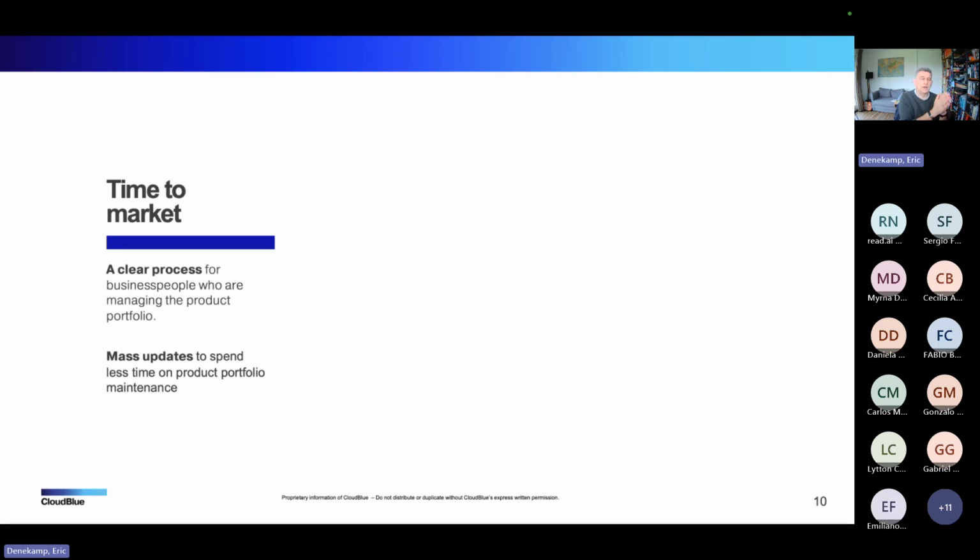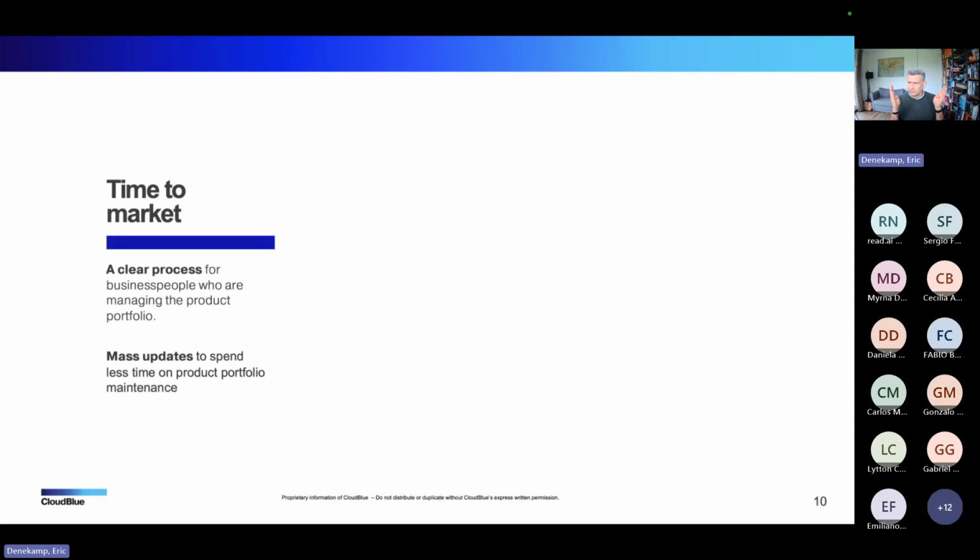But when that product is ready, and I will later define what I mean when I say a product is ready, it means that I can be basically up and running with that product in a production environment where customers are able to buy it within, let's say, an hour.